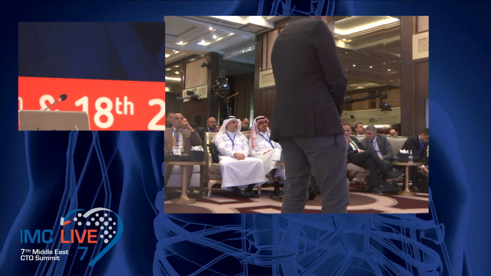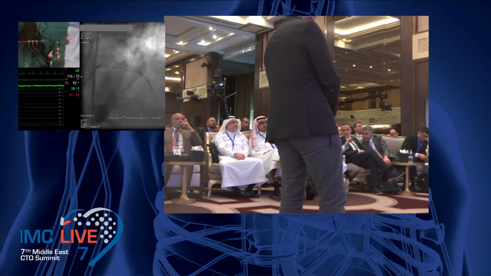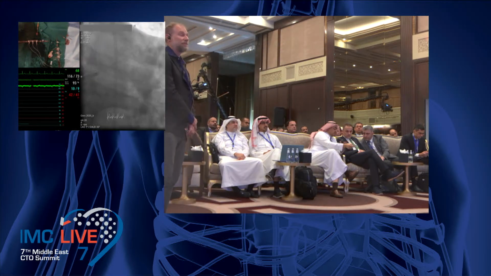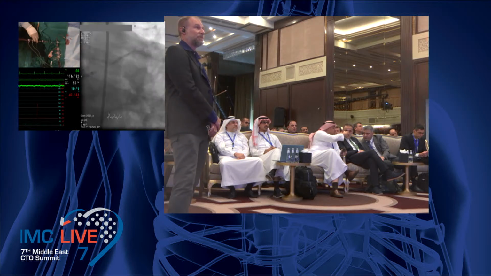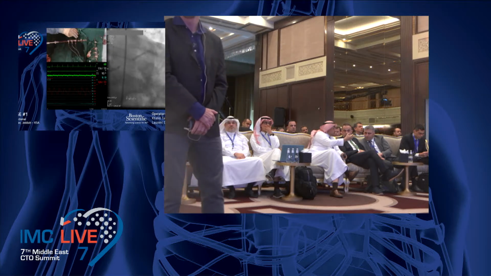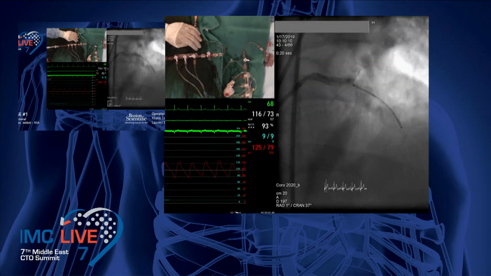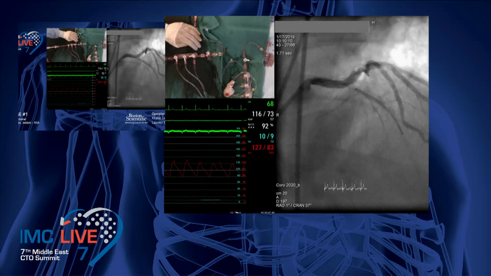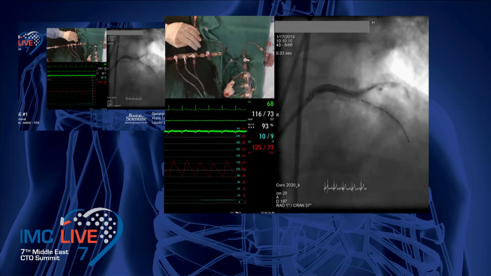Okay, so we have some technical problems with the rotablator. We don't have enough sizes until now, so we believe we need a big size. So we go to plan 2, a non-compliant balloon, 3.0, and then a scoring balloon. After discussion with Stefan and Dragul here, we said that this calcium can be broken by a 3.0 non-compliant balloon, then a scoring balloon. We were able to have a good result with the scoring balloon, and then we stented with a 3.5